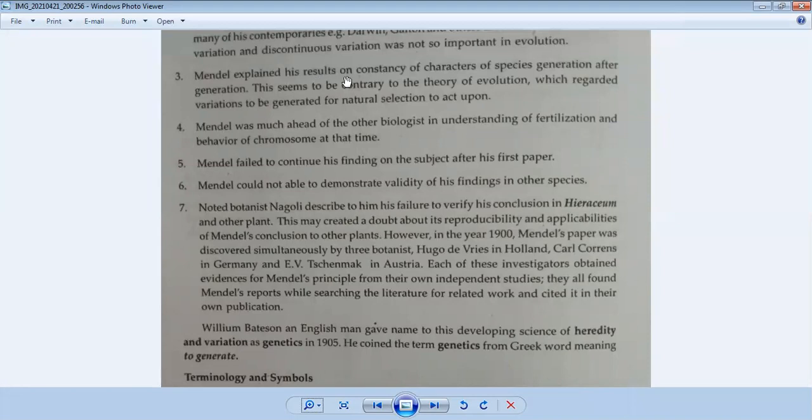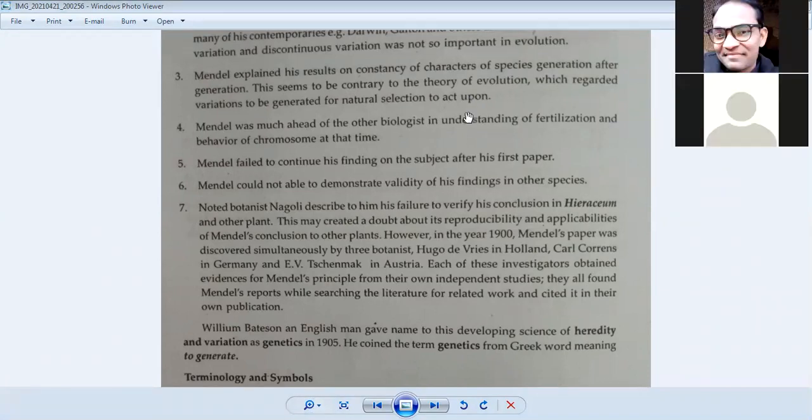Mendel explained his experiment result on the constancy of character of species from generation after generation। ठीक है, जनरेशन आफ्टर जनरेशन उन्होंने वहां पे कैरेक्टर एक्सप्रेस करना शुरू कर दिया था, और उन्होंने बताया था कि दिस कैरेक्टर्स इज ट्रांसफर्ड फ्रॉम वन जनरेशन टू अनदर जनरेशन कॉन्स्टेंटली।